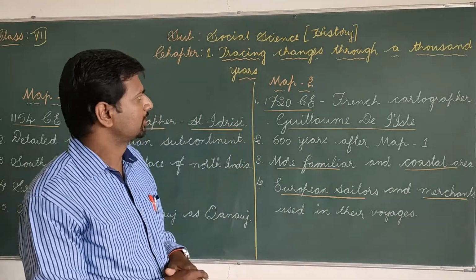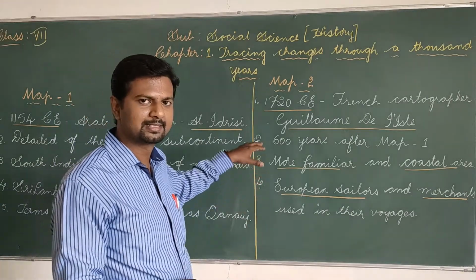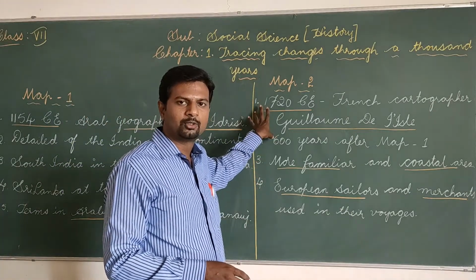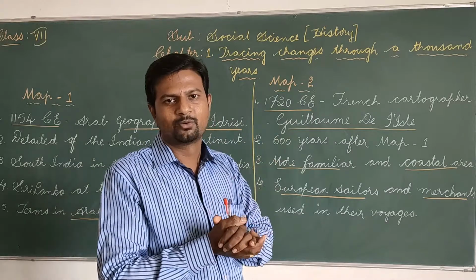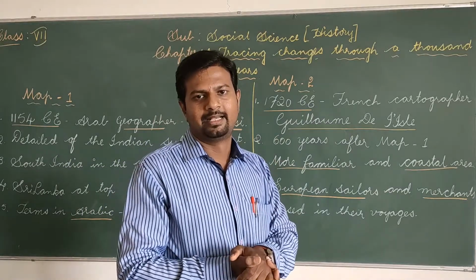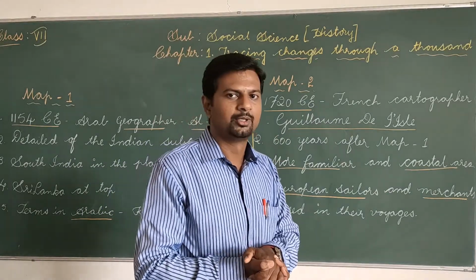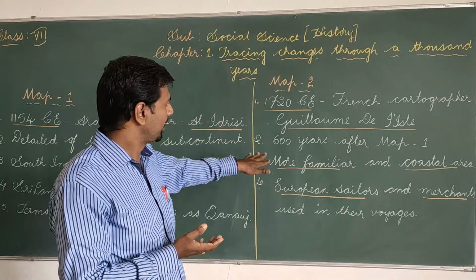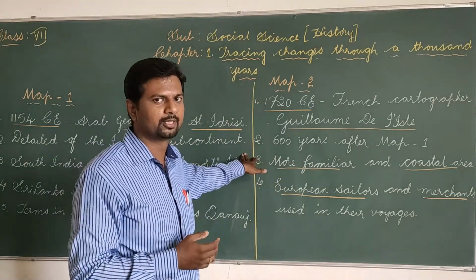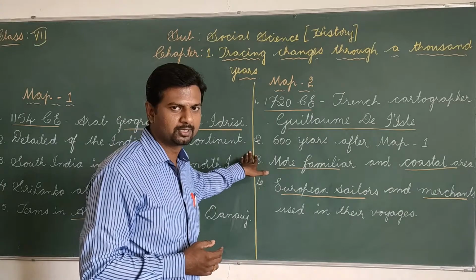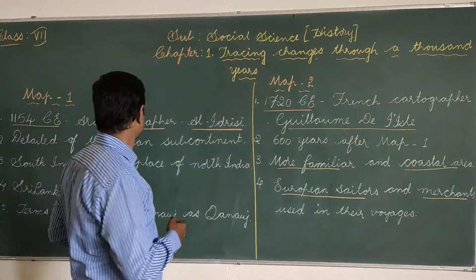In the lesson Tracing Changes Through a Thousand Years, we are going to learn about locating places with exact dates and times. There are two maps in your textbooks. You can see them when you get the textbook. So there are two maps. The first map is referred